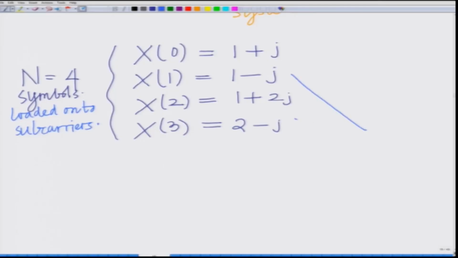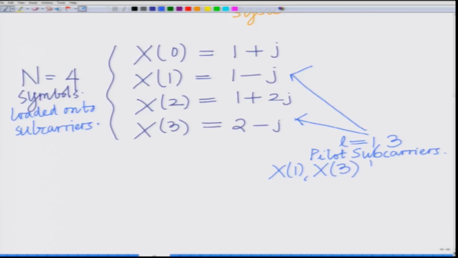So, let us say again, as we have done previously, that X1 and X3 are the pilot symbols, that is L equal to 1, 3 are basically your pilot subcarriers, and therefore X1, X3 are basically the pilot symbols loaded on the pilot subcarriers, and again X0